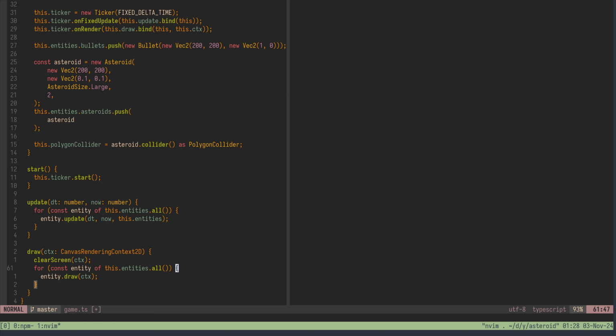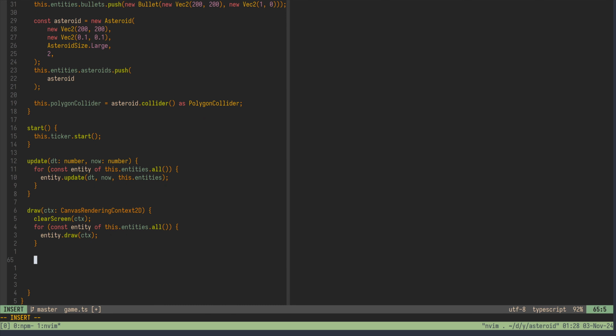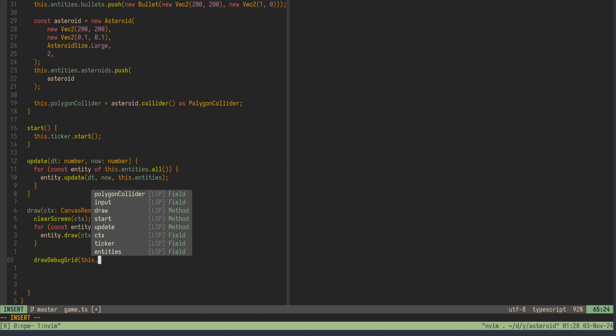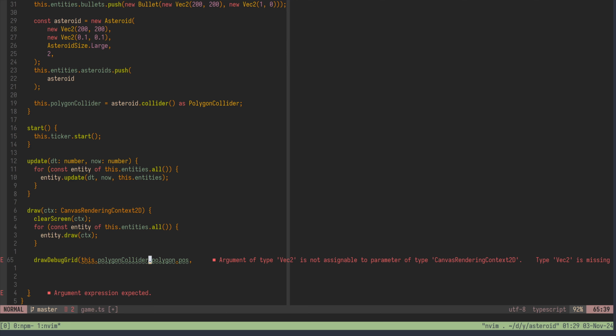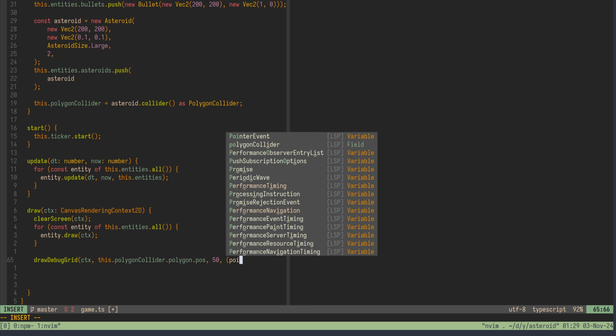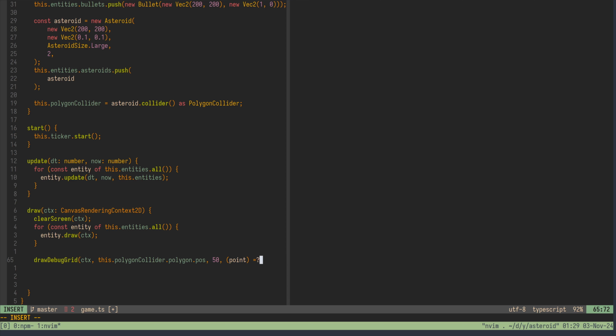Okay, so let's go to our draw, and we will do some debug drawing here. So we will say draw debug grid, and then it will be at this.polygonCollider.polygon.position, and then wait, actually the first parameter is the context. After position is the size, so let's say 50, and then we have our predicate, so that will be point. We can just do that, point,